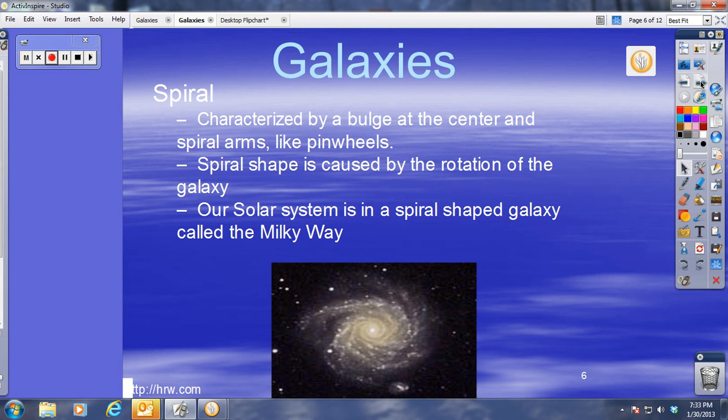And then when you blow it, those start to spin and they start to turn. Well, our galaxy also rotates, and the reason why it has this shape is because of the rotation of our galaxy around that center bulge. It has that spiral shape. Our solar system is in a spiral-shaped galaxy called the Milky Way, and we are actually right on the outskirts, right near the tip or the edge of one of those spiral arms. This is where you need to draw an example of what a spiral galaxy looks like. Make it quick, make it simple, draw it to the left of the notes.